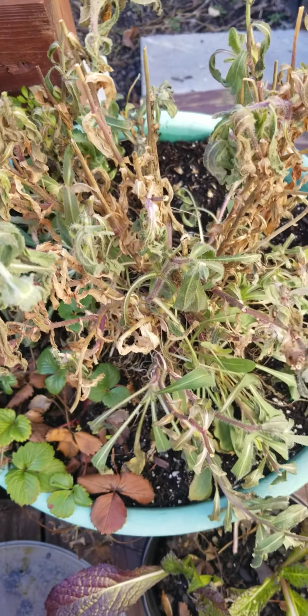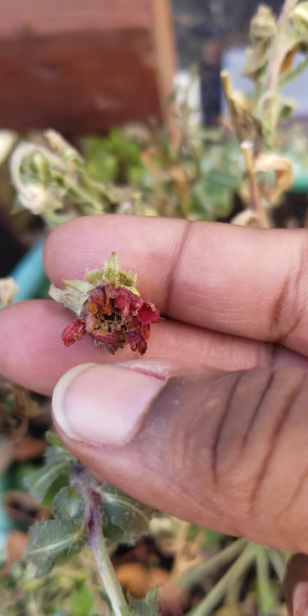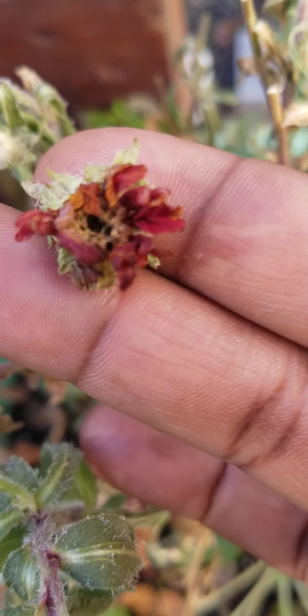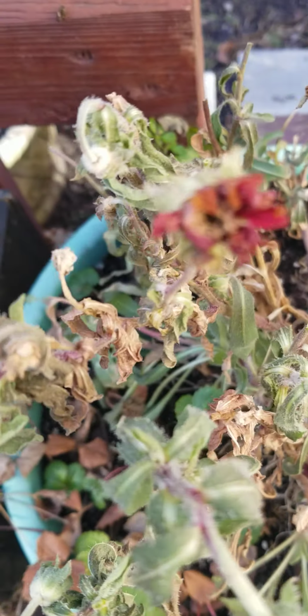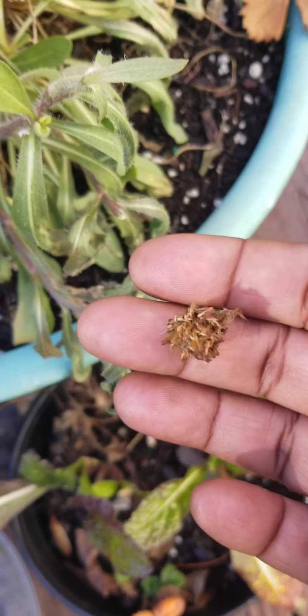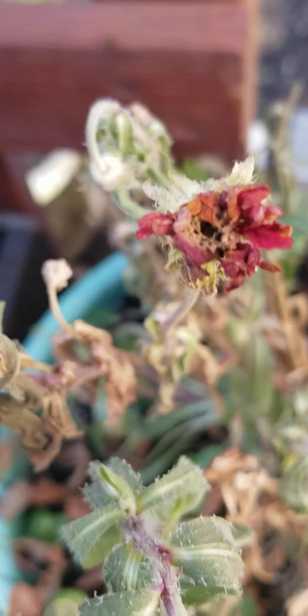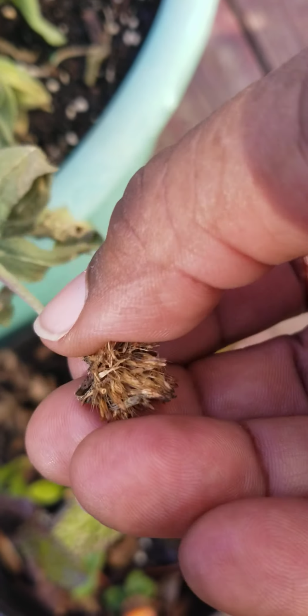You need to make sure that your plant is completely dry or gone dormant, and you don't want to take this plant because it still hasn't dried out all the way. See, still soft. It still needs probably another week of drying, but this is the way you need it to look. This is before, and this is after. You see, so I usually just pop that off,